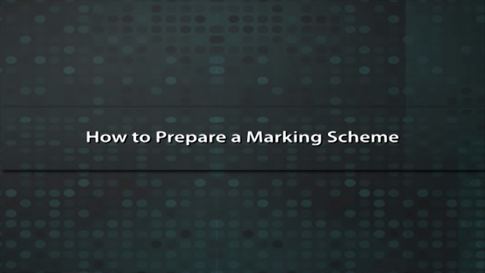How to prepare a marking scheme? In order to make the evaluation process effective and objective, the marking scheme should be prepared carefully. Firstly, the teacher should list out the value points to be credited. Then, the marks to be given to each value point should be fixed. The value points should be listed out as clearly as possible, as this helps teachers identify any defect that might be there in the test item.